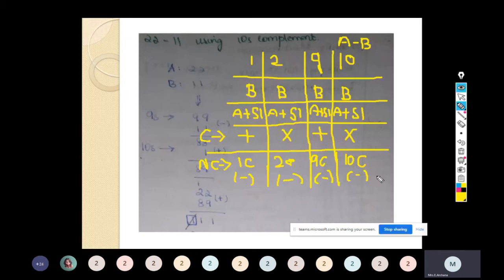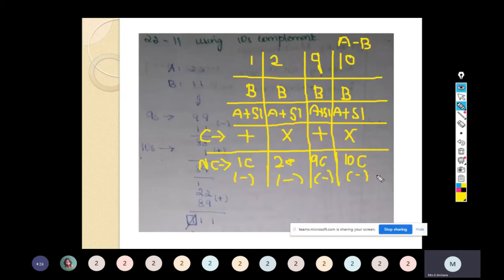So this can be implemented in BCD subtraction. In BCD, the digits 0 to 9 are called valid BCD. If we obtain the result in an invalid BCD, we have to convert it into valid BCD and then do the BCD subtraction. The rules for subtraction are: 0 minus 0 is 0, 0 minus 1 is 1 with borrow 1, 1 minus 0 is 1, 1 minus 1 is 0. So there are 4 categories of subtraction: using 1's complement, 2's complement, 9's complement and 10's complement.